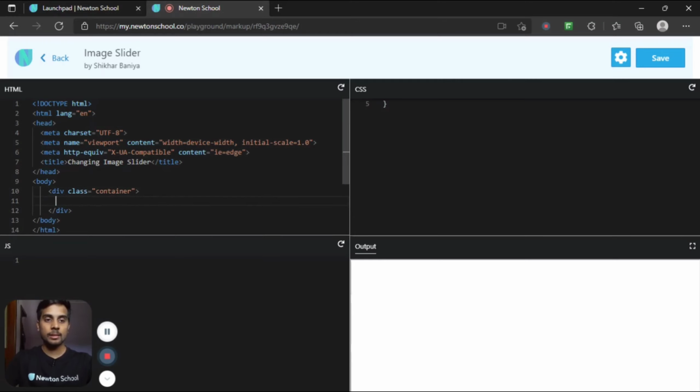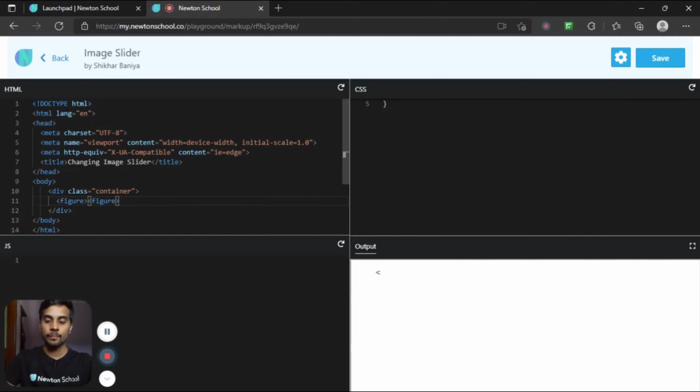And inside this, I want to display an image, actually two images. So for that, we are going to use figure tag. Figure tag is used to tell your document that you are going to display an image or any PNG or JPG file.